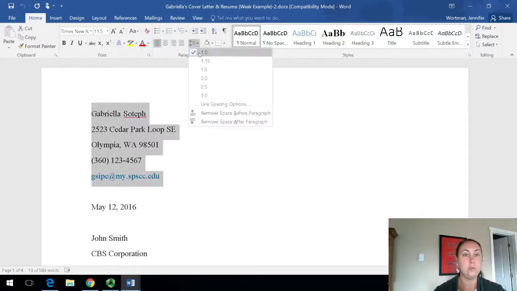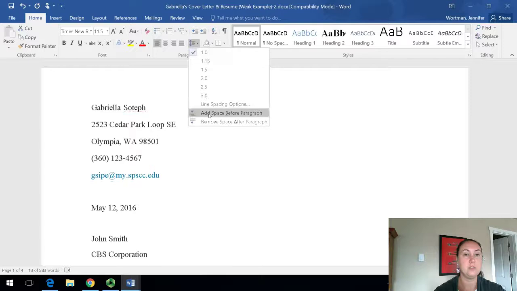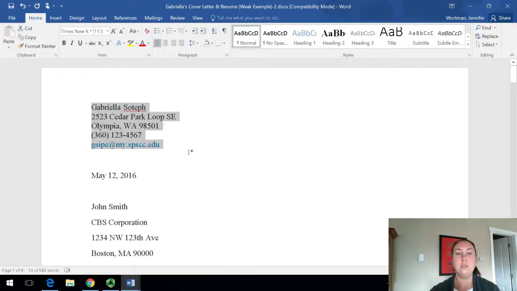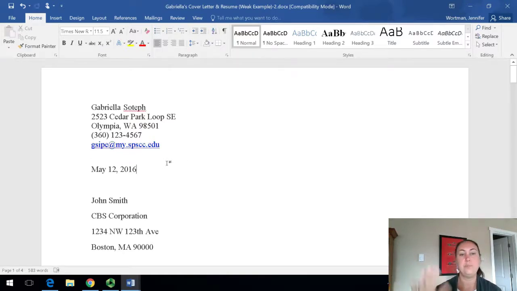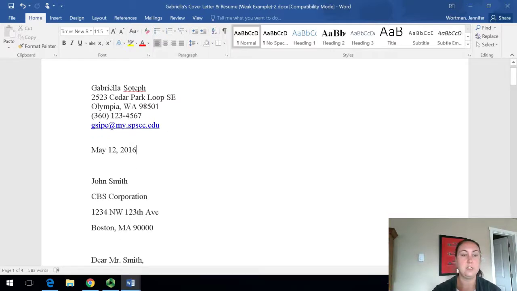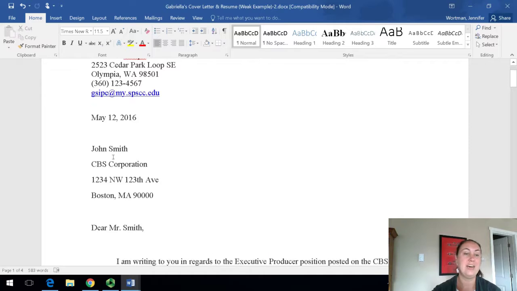And I'm just going to show you real quick. I'm not going to change the whole document, but I just want to make sure that you can see the difference. So this would be having it corrected, right? The spacing would now be single. Then we would just have one double space between, and that's not even a double space. Again, spacing is definitely off, but there would need to be a double space between their address, the date, a double space, the employer that you are addressing the cover letter to. Again, that address would need to be single spaced. There is another double space,